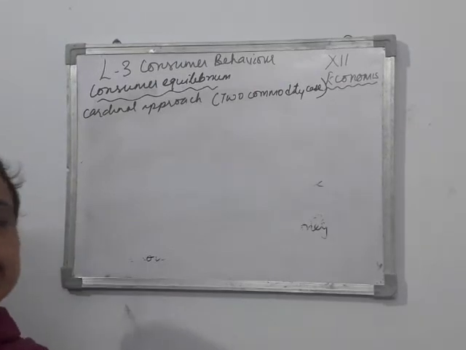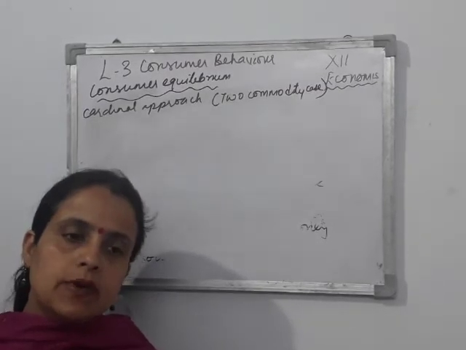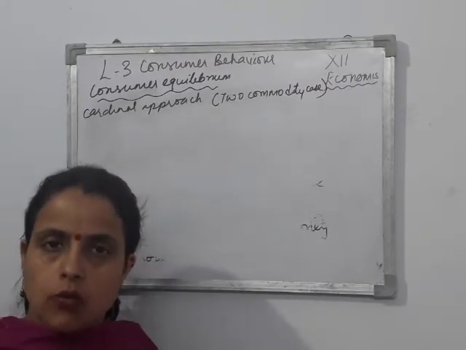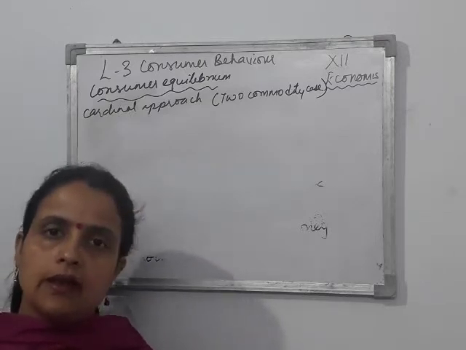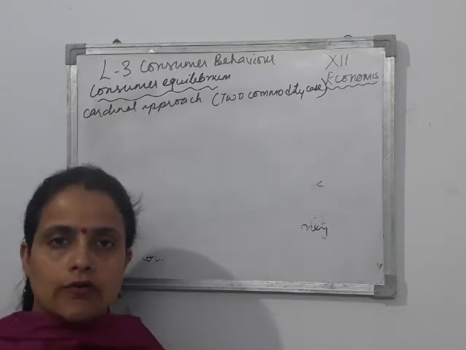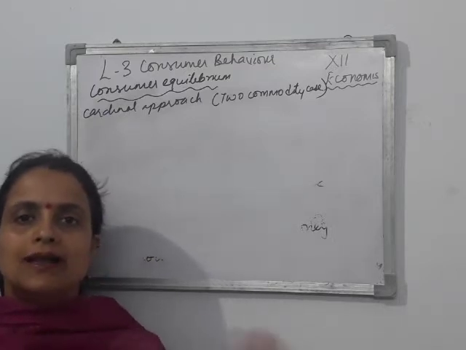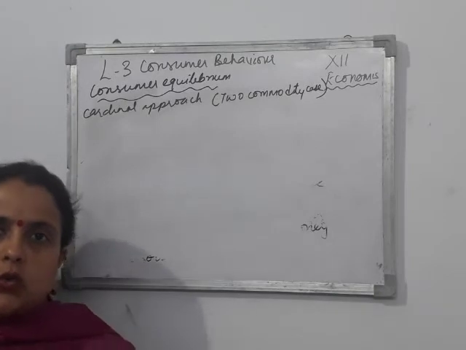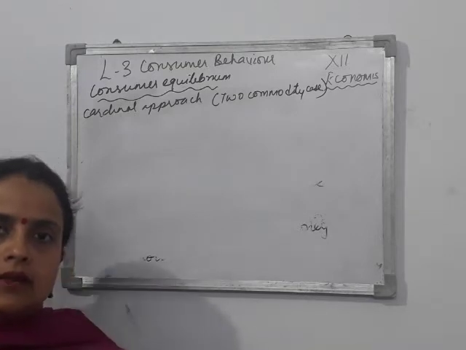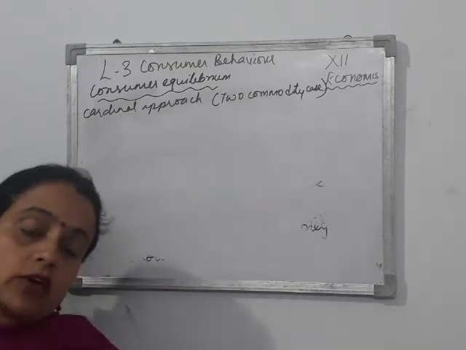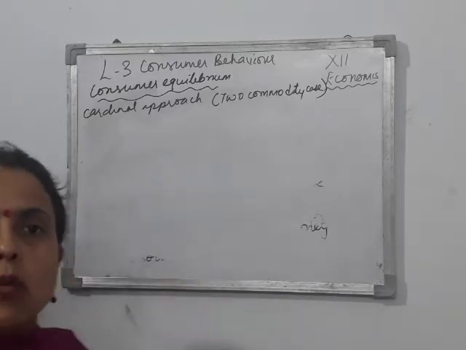See, children, it's not possible that always a consumer purchases only one commodity. He purchases a variety of commodities to satisfy his unlimited wants. But as he purchases a lot of commodities, we cannot bring all those commodities out here and then teach you consumer equilibrium. So we are going to think that he is purchasing two commodities, which we are replacing with multiple commodities. Because it's very difficult for you to understand or for me to teach multiple commodities all together in the determination of consumer equilibrium. So we think that the consumer either purchases one commodity or he purchases two commodities, right children?